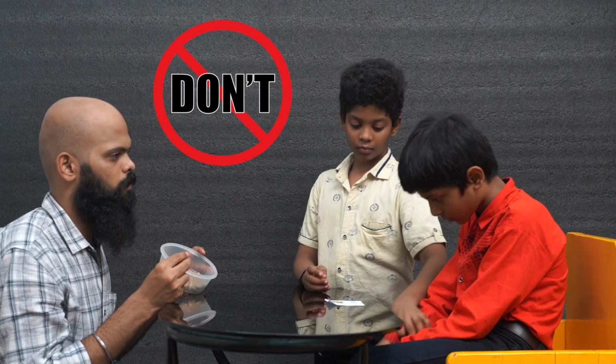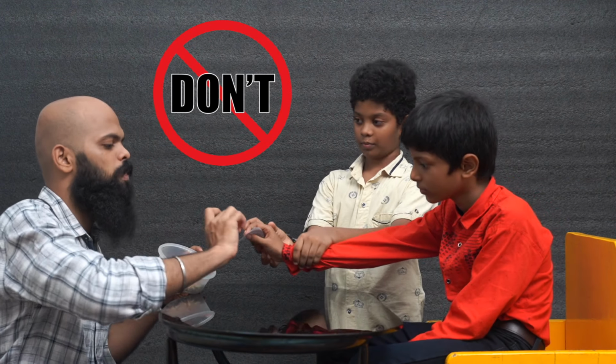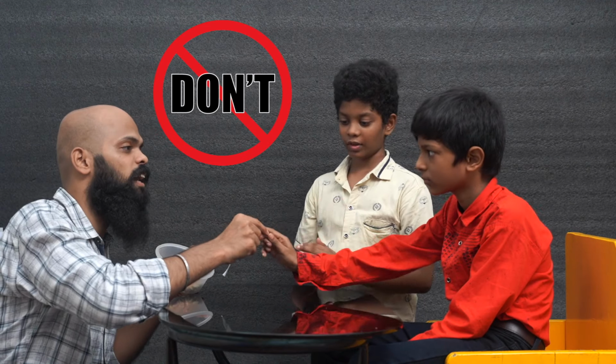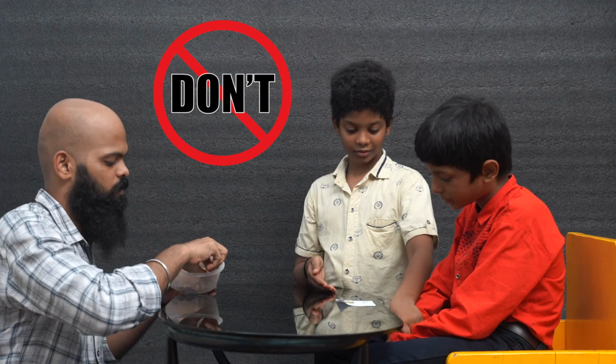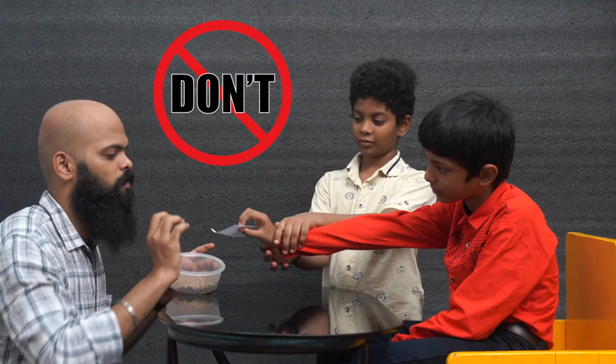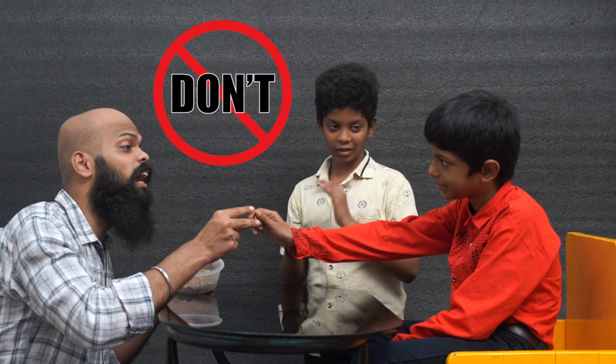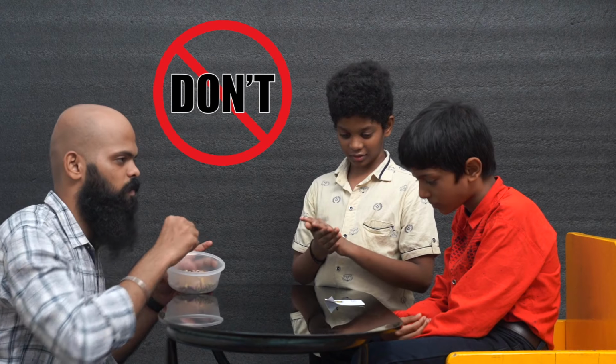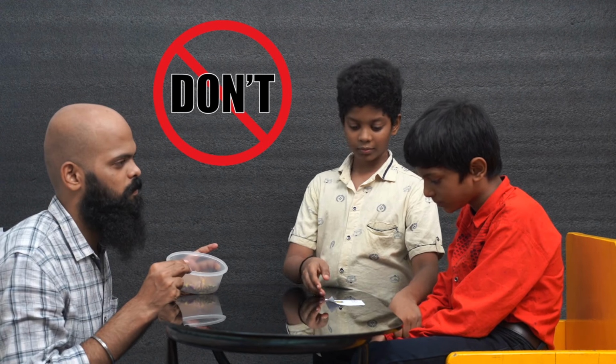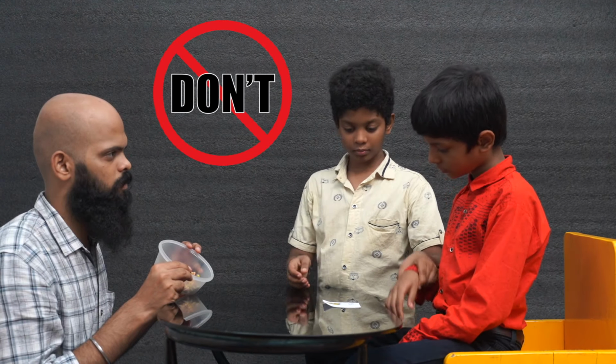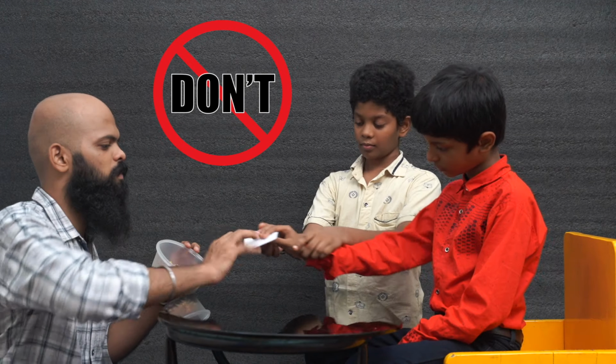So what you should not do. Person 2 should not take the child's hand and take the pick and give it to the adult before the child reaches out to the adult. What we are doing here is, when the child is really in need of the snack, and if he says the name of the snack, then the adult will give the snack. If you just robotically take and give the snack, the child won't understand the concept that if he needs, he has to ask. Person 1 should not say the phrase, say pista.